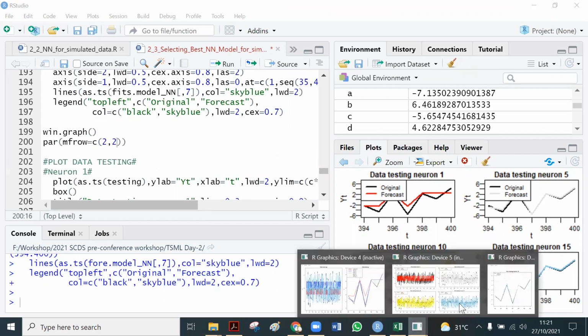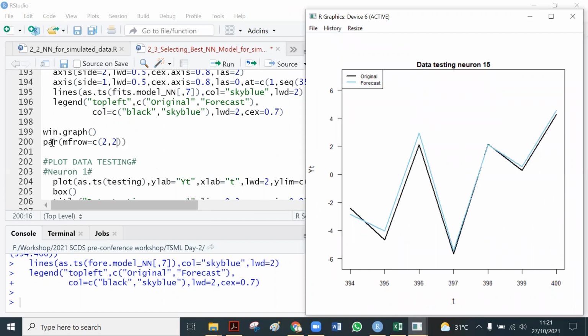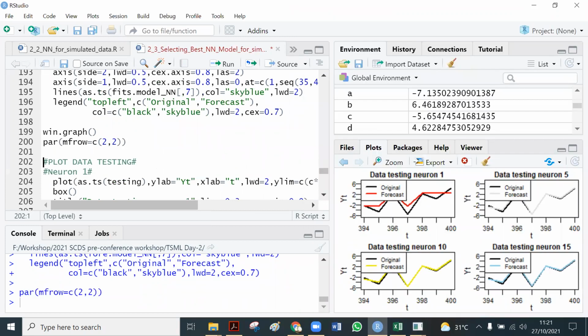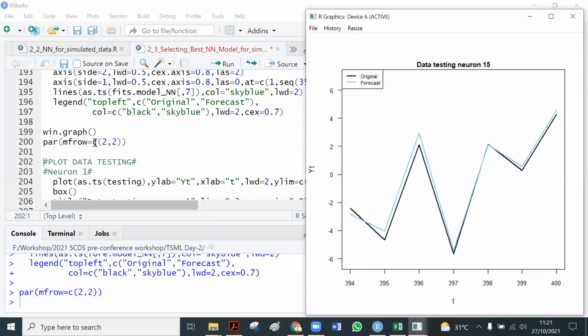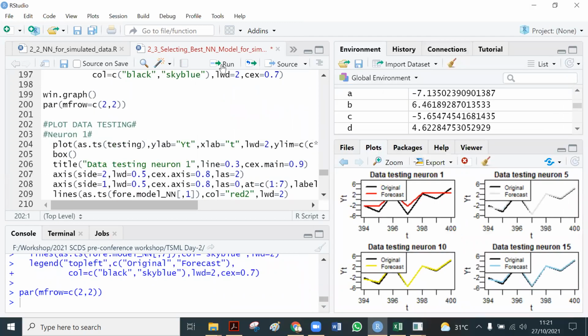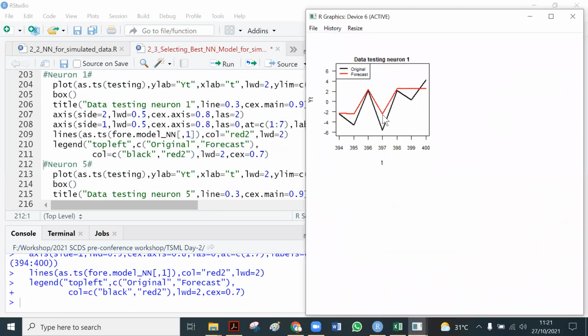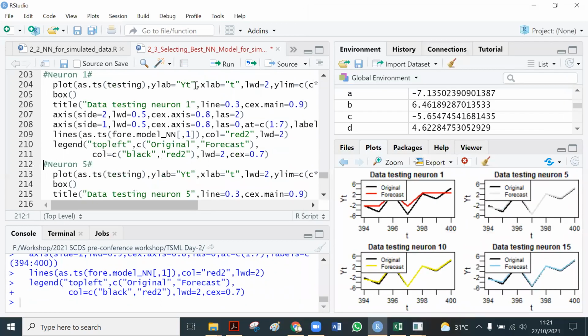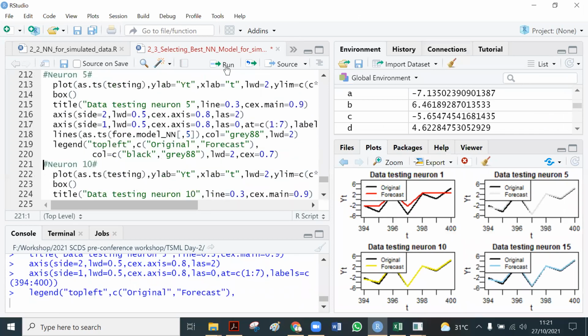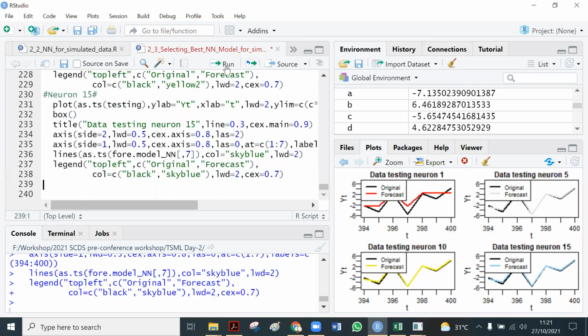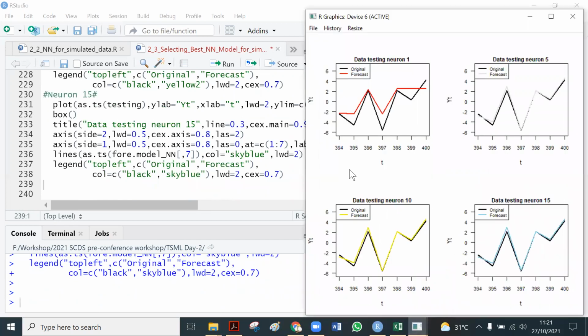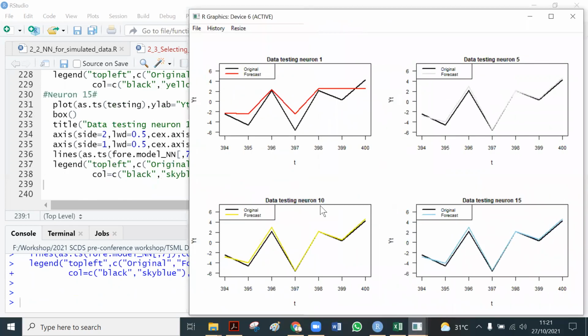So here I am active, and then I create it. This is 2 columns and 2 rows. Make the first plot. Okay, it will be like this. The second one until the fourth. Okay, so we have these graphs.